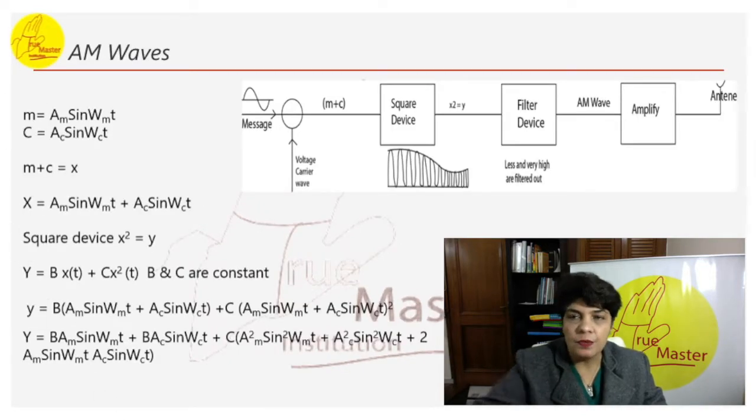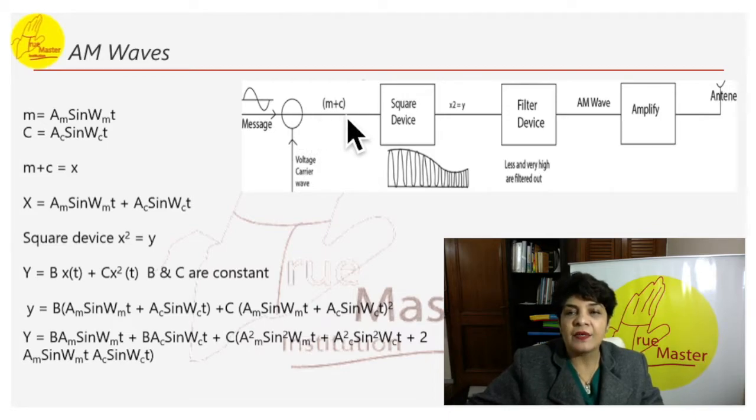Let me explain this particular graph first. Here, this is a message wave being sent, and a voltage carrier wave, which is being sent from this side. The two are being modulated. So there is an amplitude modulation here. It is the process in which the amplitude of a high frequency carrier wave changes in accordance with the instantaneous value of the modulating signal. So the two waves are being combined together. Modulation is taking place. So M plus C is happening here.